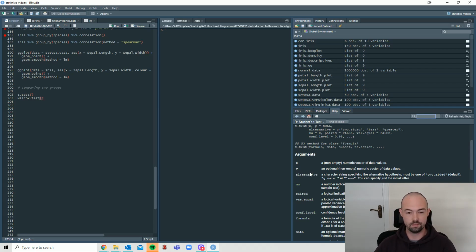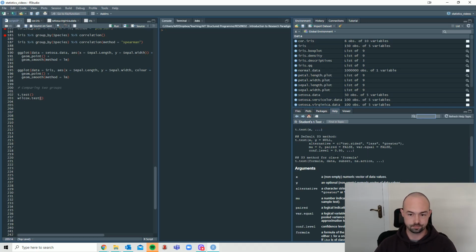It's the same function, and what it asks for is for you to specify x, a non-empty numeric vector, y is a non-empty numeric vector as well, and so you can have two numeric vectors,